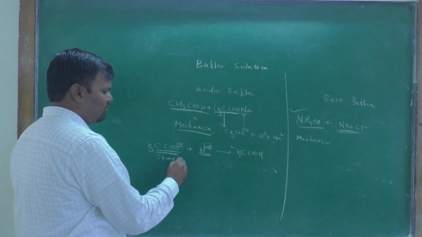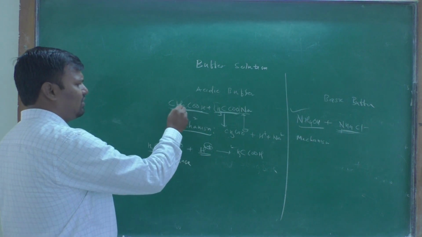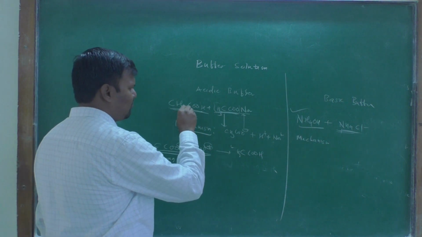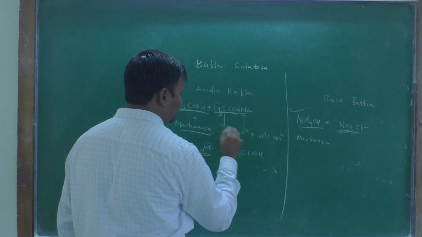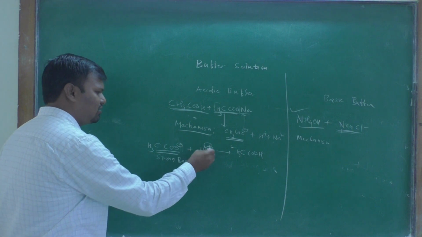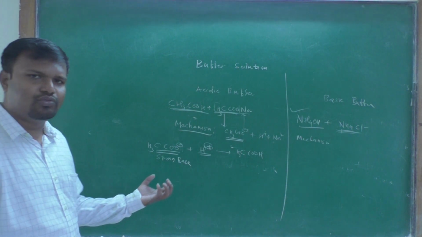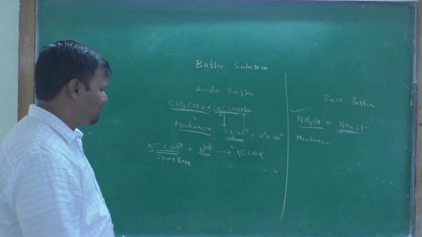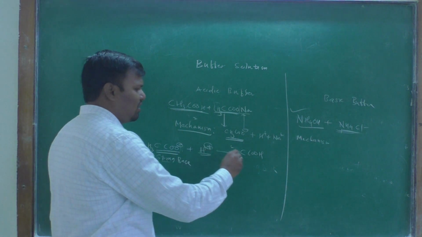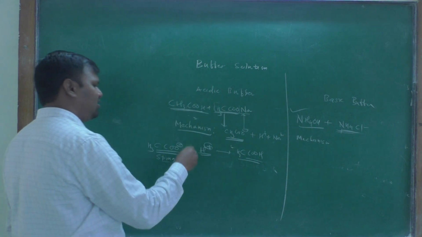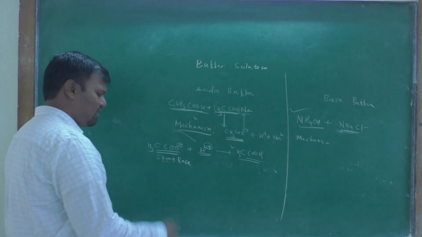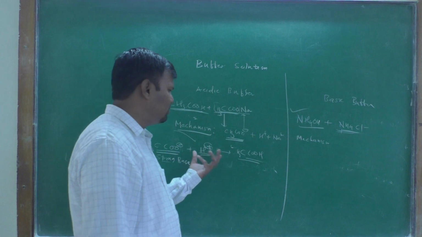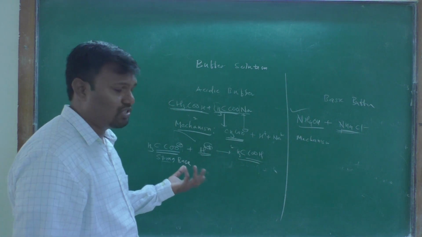Okay, this is a strong base. A strong base is obtained from the weak acid. Strong base means its tendency to pick up H plus ions is very high. Therefore this strong base accepts H plus and it gets neutralized. Therefore, if you add H plus ions to this buffer solution, no change in the pH takes place.